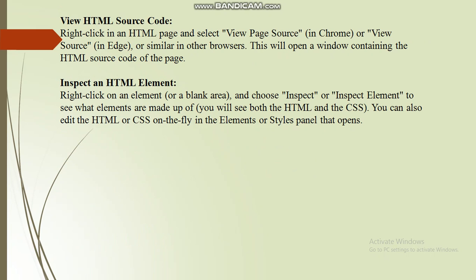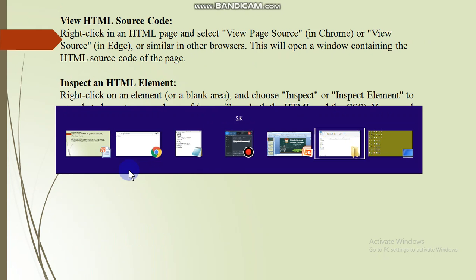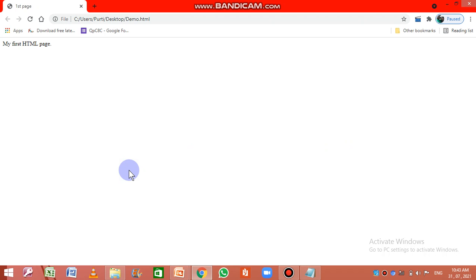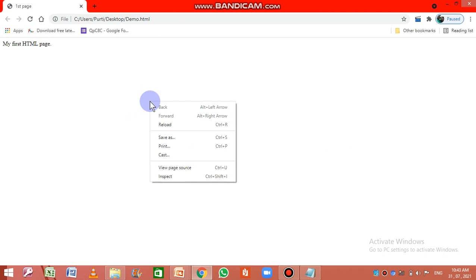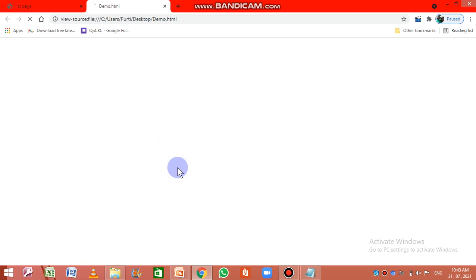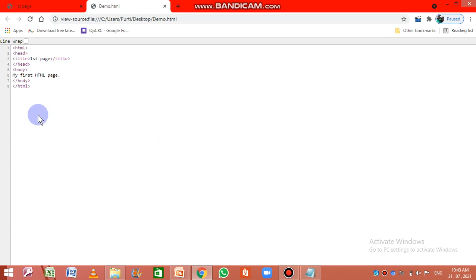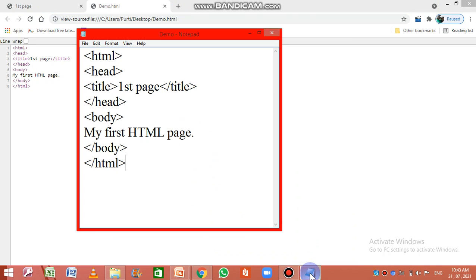For this, we move to the browser. For viewing HTML source code, you may directly right click here and choose view page source. As you click, you get the page source code, but it is not in editable format. You are not allowed to edit the source code here. If you want to make any changes, then you must go inside Notepad, where you created the file.